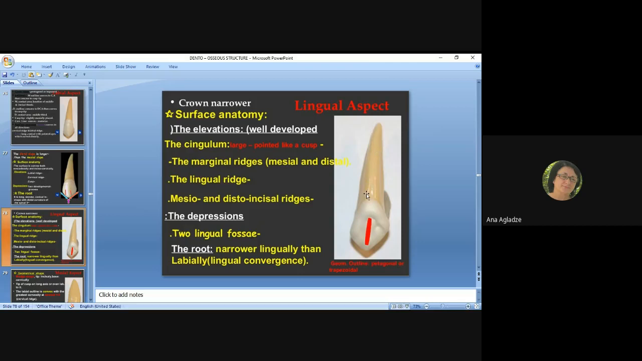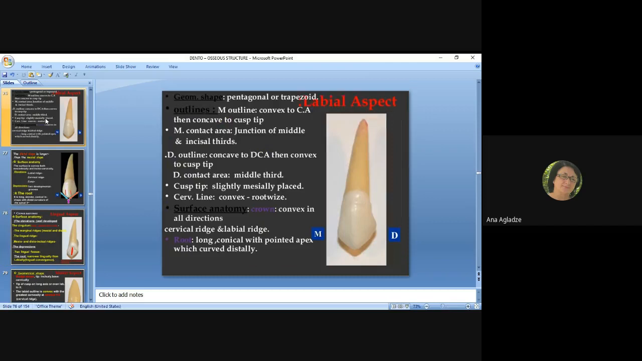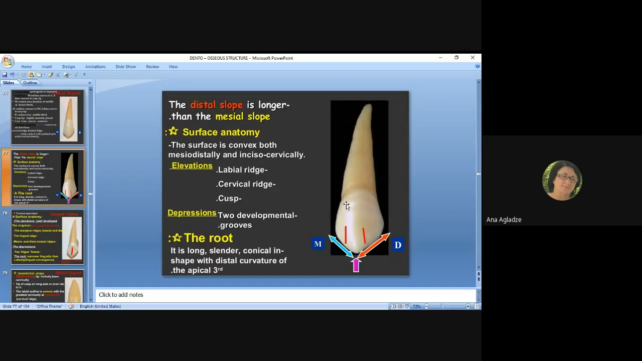Then the distal aspect. Distal slope is longer. You can see distal slope is longer than mesial, and surface is convex mesiodistally and incisocervically. They have labial ridge. Here you can see labial ridge and the cervical ridge, and it has cusp. Depression, there are two developmental grooves